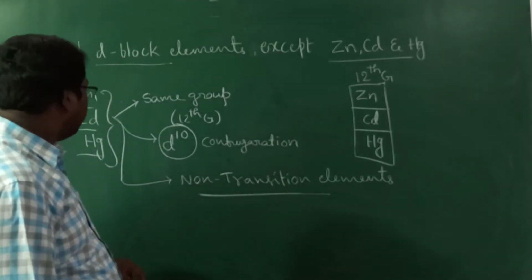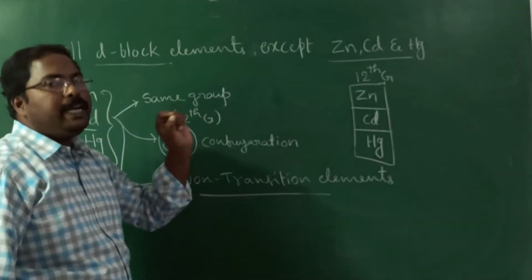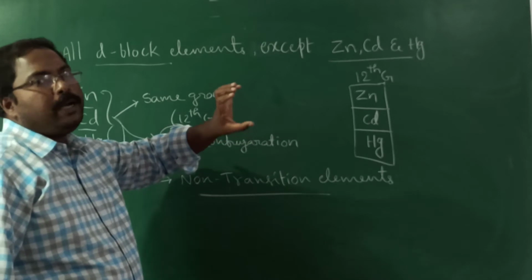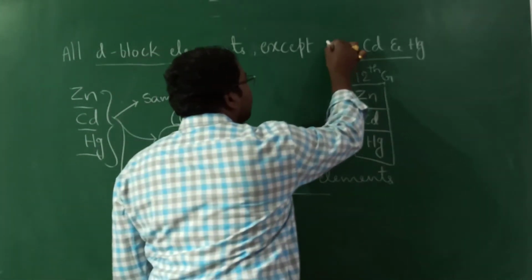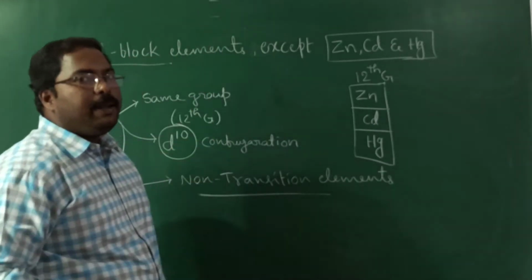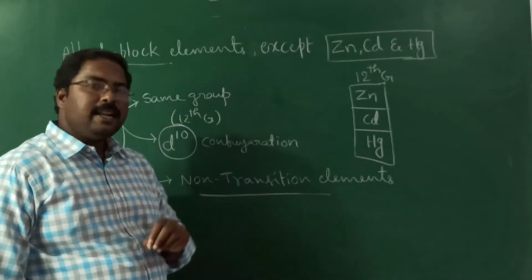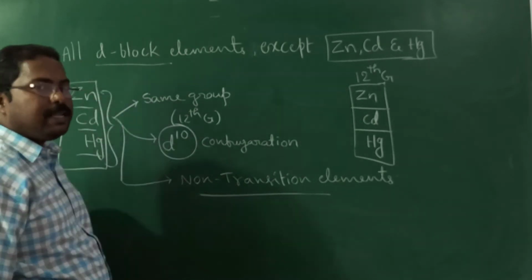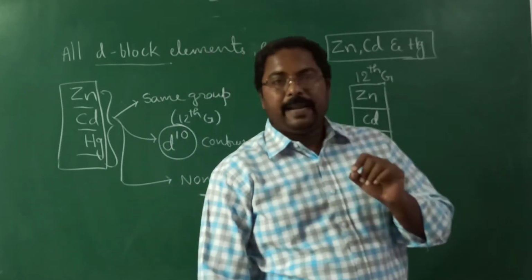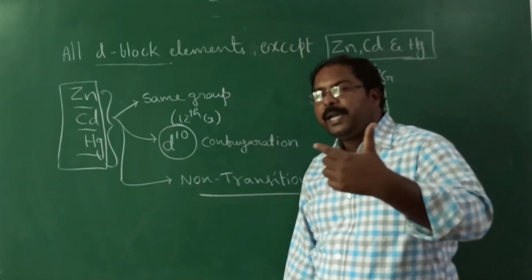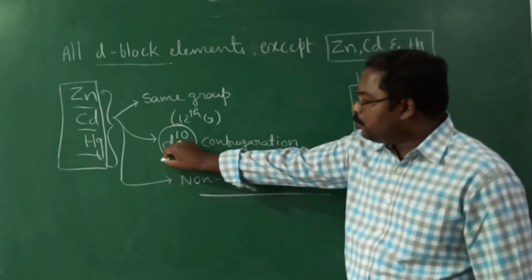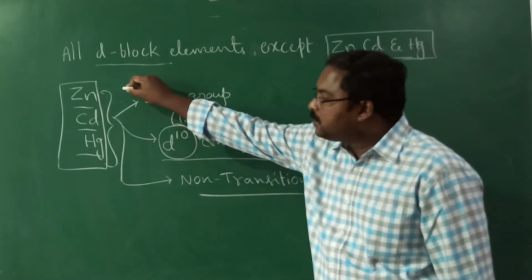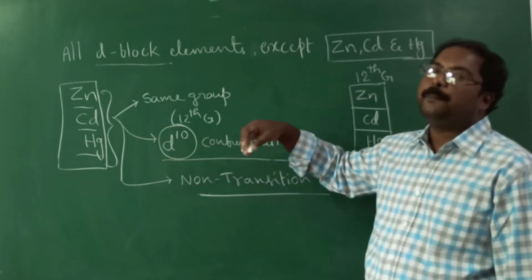Regarding the transition elements, the main point we need to remember, one is the definition. Coming to the next one, from an exam point of view, they asked many times: which of the following is a d block element but not a transition element? So these three, zinc, cadmium and mercury, are d block elements but not transition elements. Why don't they become transition elements? The reason is due to completely filled d orbital. In all these three cases, the inner d orbital is completely filled.